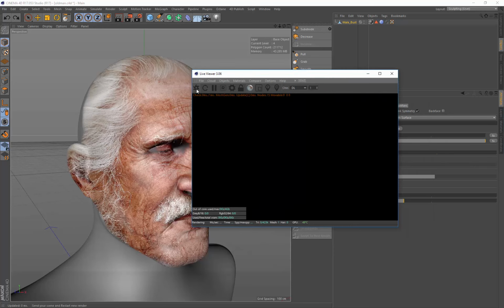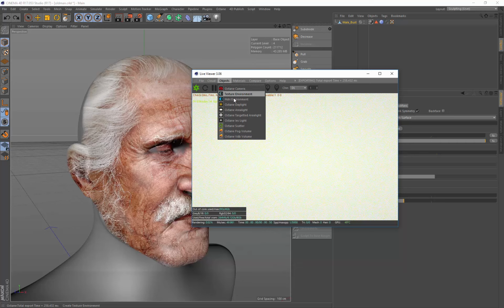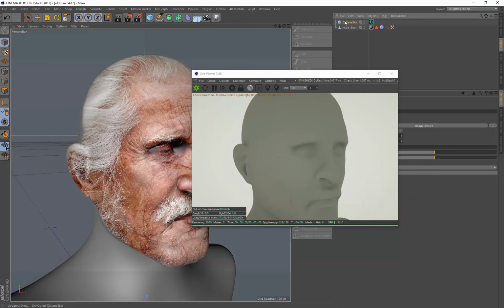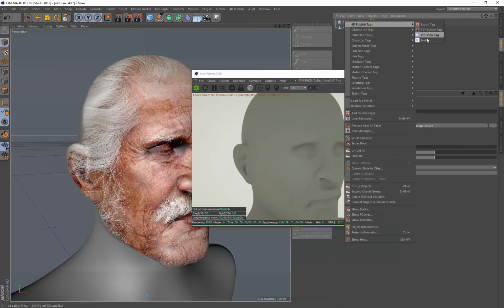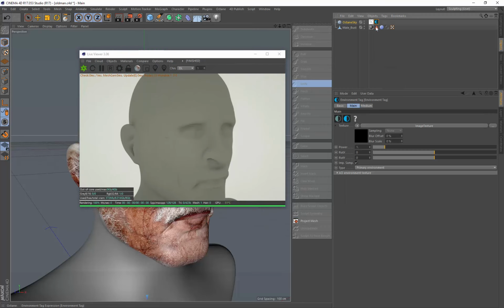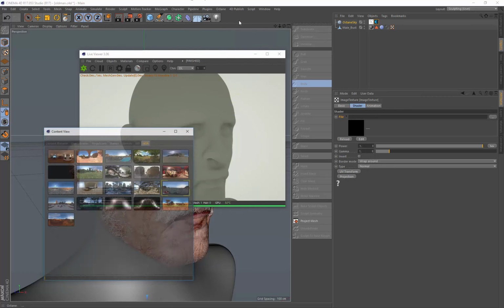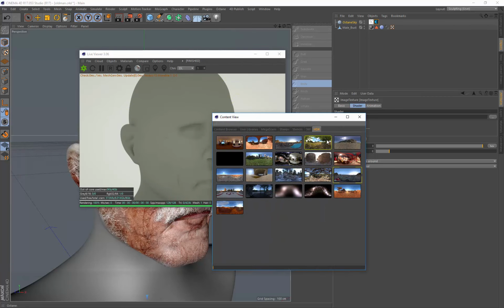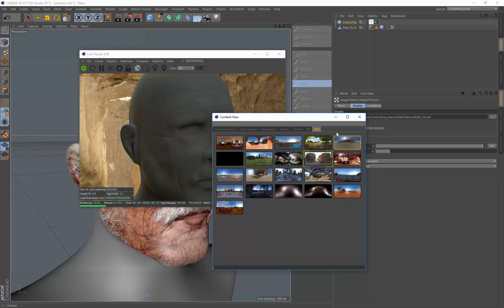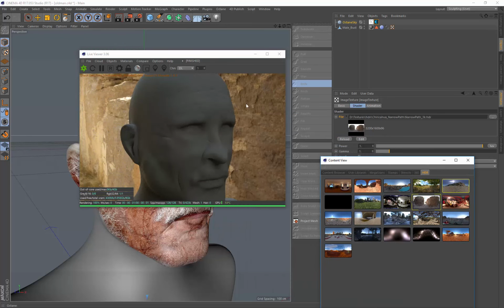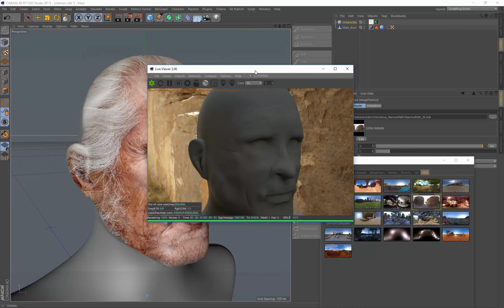So I've got Octane up here, and I create an HDR sky, put on a TextCon tag, drag that onto the TextCon tag, and now from the content view, I can change the HDR images that I want to use. But it looks like the texture's not coming through there, so something's not coming through. So let me just go File, Save all those textures, and I'll close down Octane